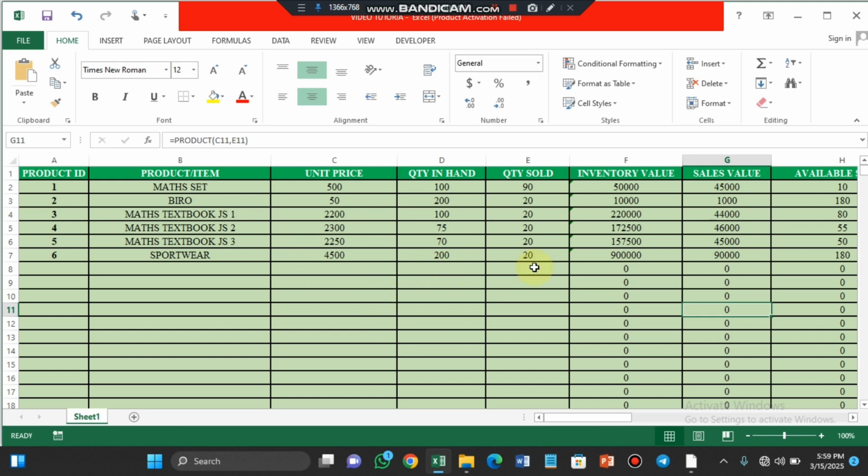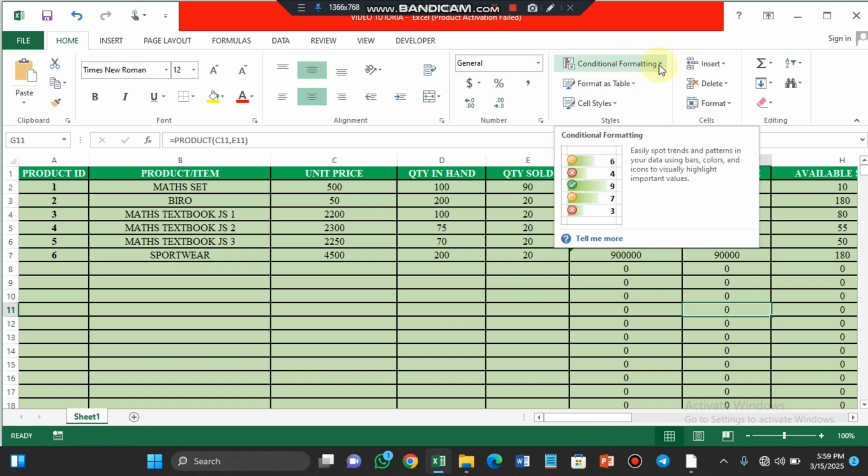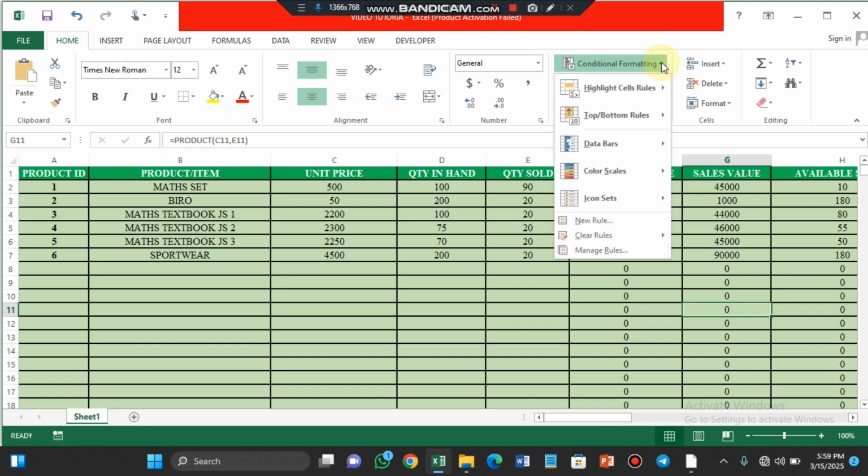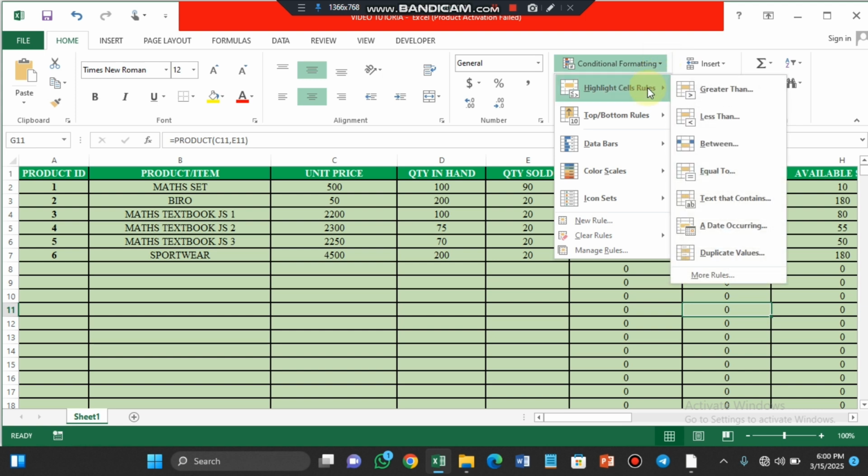Now, this is what we are going to be using. If you check your Home tab, you go to this place, you will see Conditional Formatting, and there's a drop-down arrow here. You click on it. Alright, let's start with the first one. Highlight Cells Rules. This one, there's an arrow there. Okay, for the greater than,